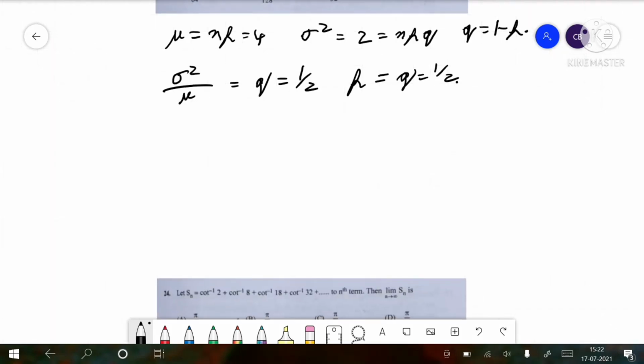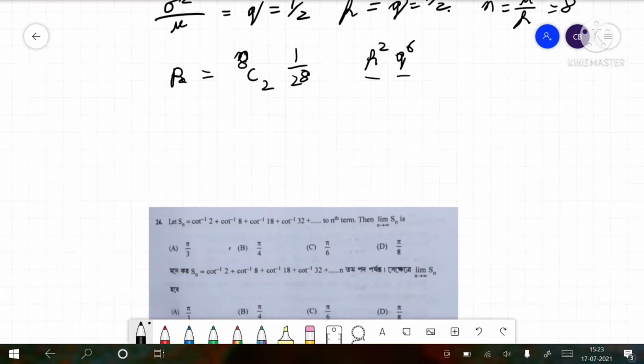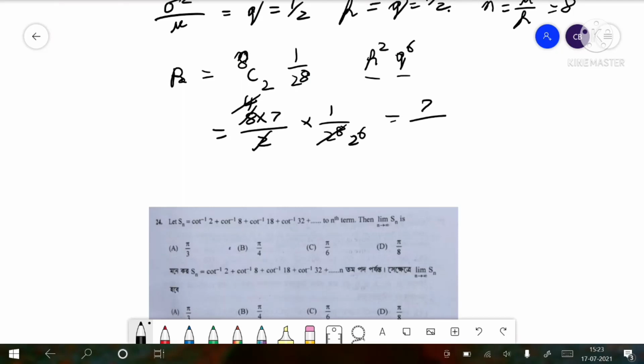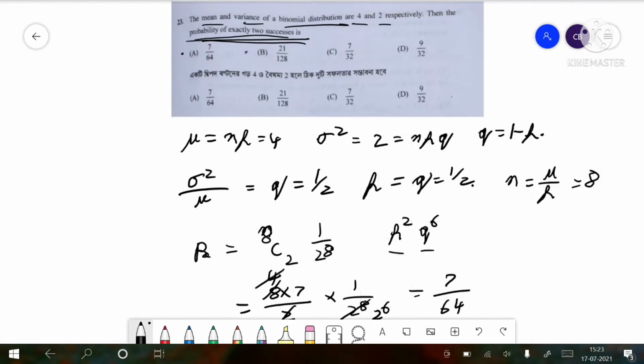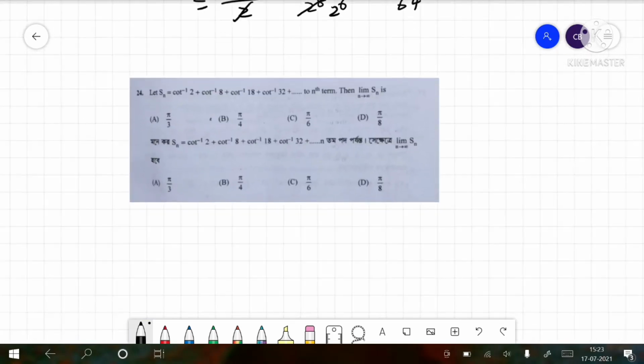As per the binomial theorem, the probability of 2 successes is nCr p^r q^(n-r). Here we find n is equal to mu by p, which is 8. Therefore 8C2, number of successes 2. Now this would be p to the power 2, q to the power 8 minus 2, that is 6. But since both p and q are the same, this becomes 1 by 2 to the power 8. Now solving this, we get 8 times 7 divided by 2 into 1 by 2 to the power 8, cutting this, we get 2 to the power 6. So this turns out to be 7 by 64. So the correct answer is option A. Next, going on to the next question.